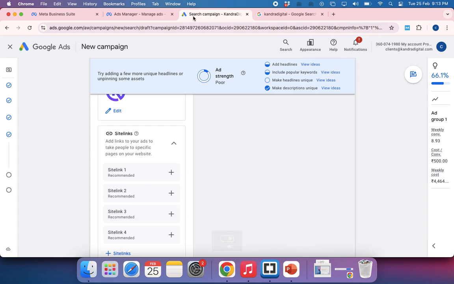So you have something called site links, callouts, call extensions. These are all called ad extensions. Along with the ads, you can show site links. So what I'll do is I will click on plus site link and maybe add it. I assume that there are some in the library already, previously created. Okay, so it shows up something like this. You see here, site links. So I will say SEO agency, best SEO